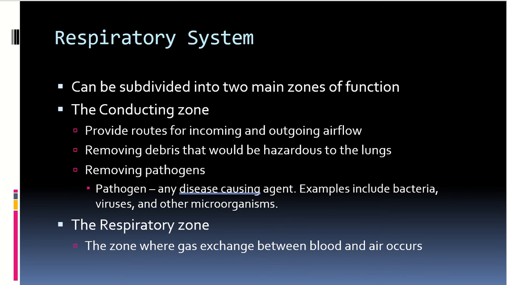against certain things that would be quite troublesome if they made it into the lungs, like viruses or if you swallow a liquid. The conducting zone has machinery to help bring that back up instead of allowing it to go all the way down to the lungs. It is also pretty good at removing pathogens, things that cause diseases, such as bacteria, viruses, and other microorganisms that you definitely do not want in the lungs. That's the conducting zone, essentially where air is traveling in the respiratory system. And then the respiratory zone is where gas exchange happens between the air in the lungs and the blood circulating